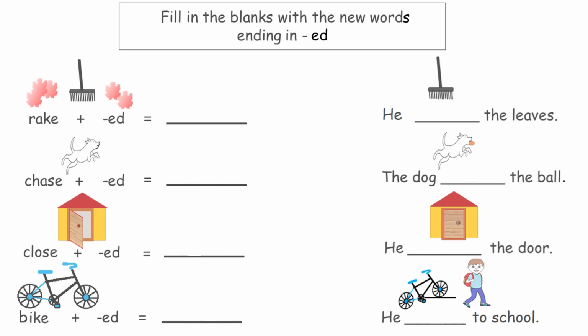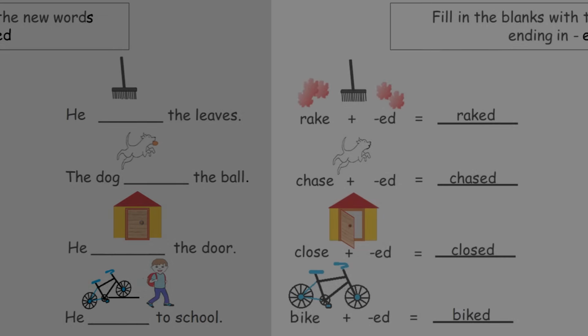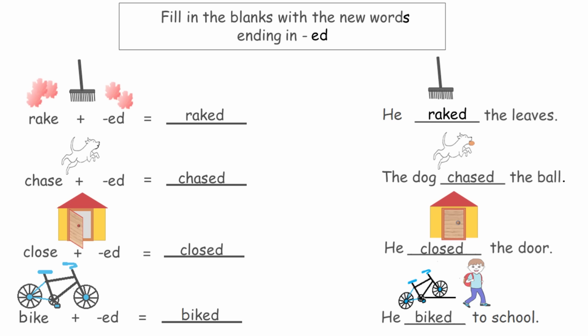This is the practice template to complete with kids. Fill in the blanks with the new words ending in ed. Remind kids that the E is dropped and then ed is added. Our first word is rake, and with the ed it makes raked. He raked the leaves. Our next word is chase,